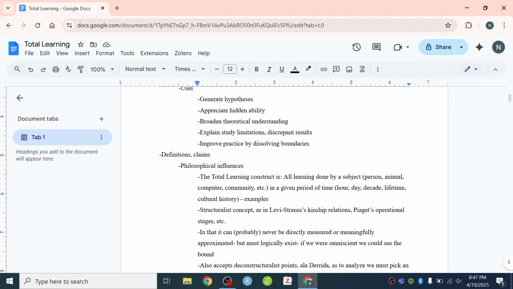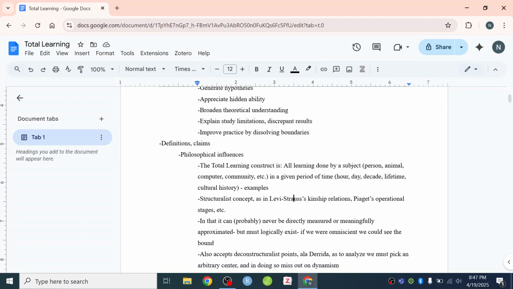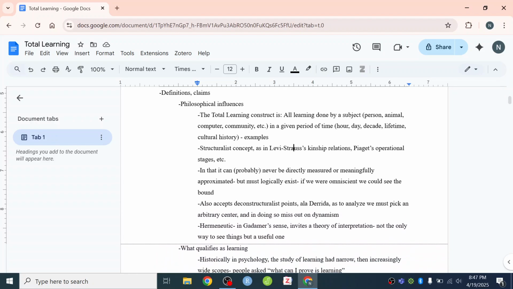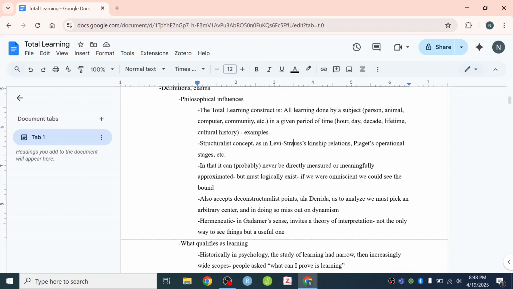But okay, again, this is all about it being this kind of structuralist concept. With that said, again, structuralism, that structuralist feeling of a definitional bound, which we then fill in with empirical observations. I've also been influenced by deconstructionist points a la Derrida, who was directly commenting on a lot of Levi-Strauss's work back in the day. The total learning construct, the total learning framework, as I've conceived it, accepts deconstructionist points,